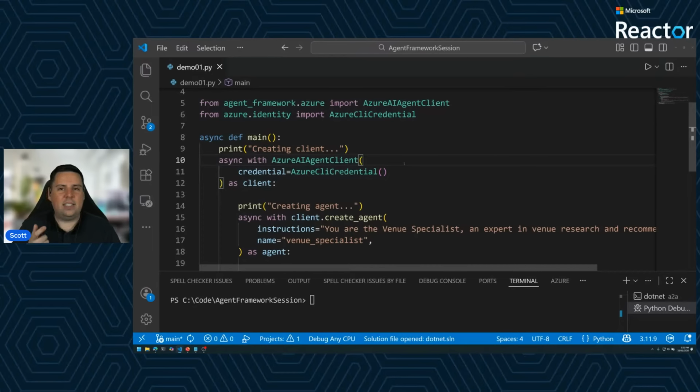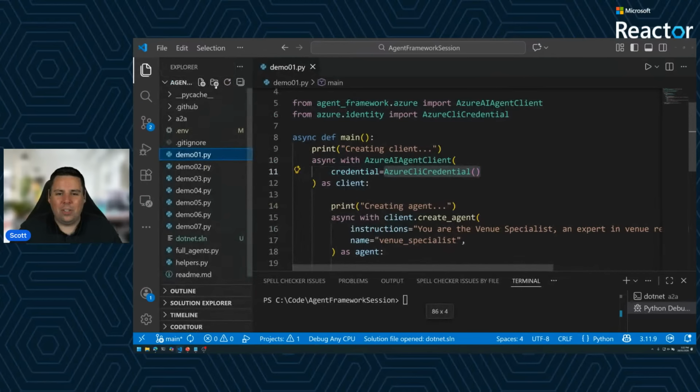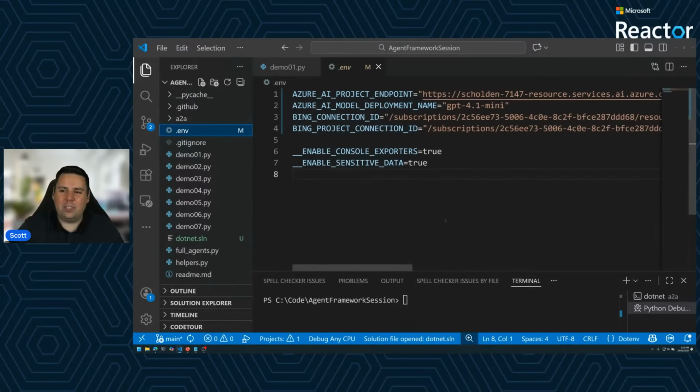The second thing to note here is that the way the Microsoft Agent Framework has been designed is that it's not just a set of clients where you pass in some API keys and just put your hands in the air. It's been designed in a security first mindset. So you'll notice here, I'm actually using my Azure CLI credential to authenticate. This means, and it's probably going to shock a couple of people on the call, I can jump into my environment.env file and leak it on screen because there's no passwords in here. There's no API keys in here. Rather than using API keys, we're actually using identity to authenticate.